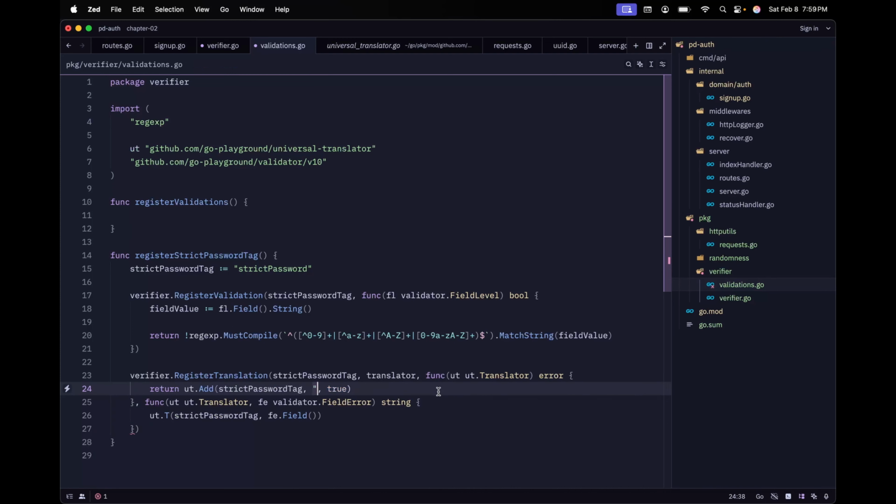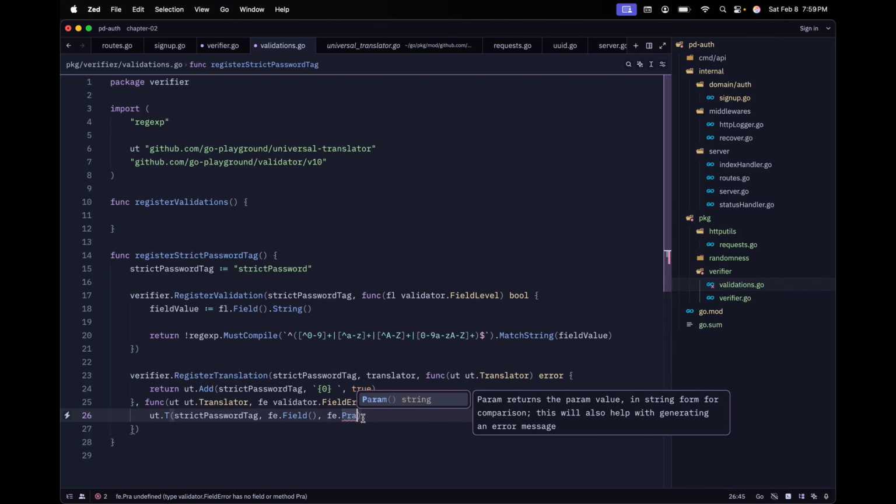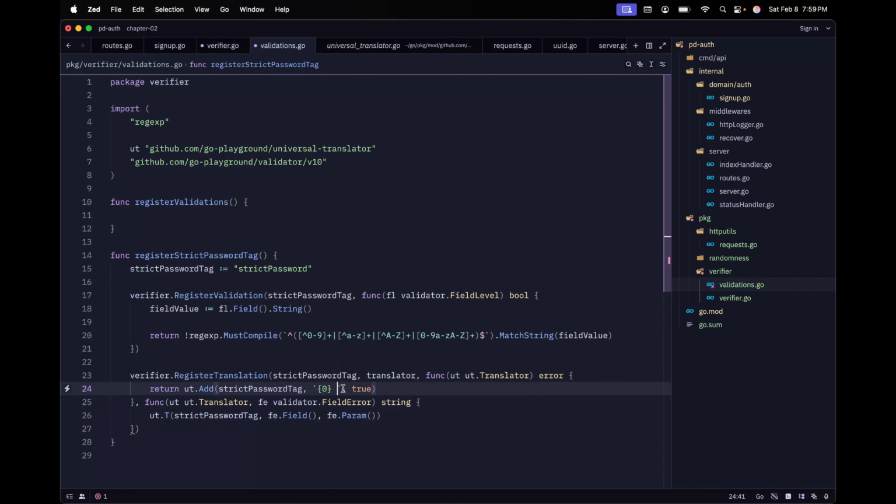So under the template, if you pass the placeholder, whatever value you are passing from here will be passed to your template over here as per the sequence of the fields you're passing. So if you're passing fe.params as a second parameter, then that will be available on the second placeholder. So this way, let's start from 0. All right, but we need only the first one. So this one is the name of the field which says password,